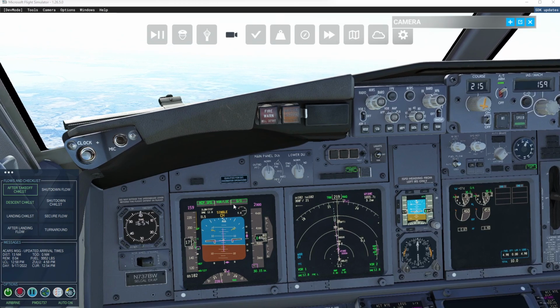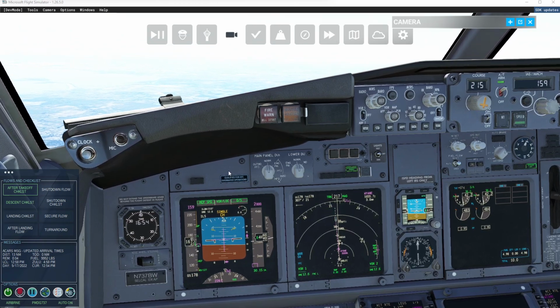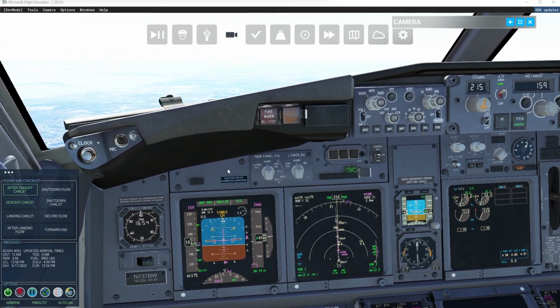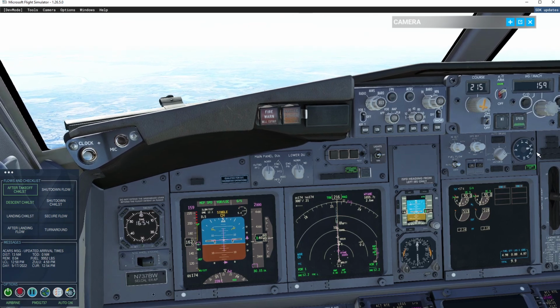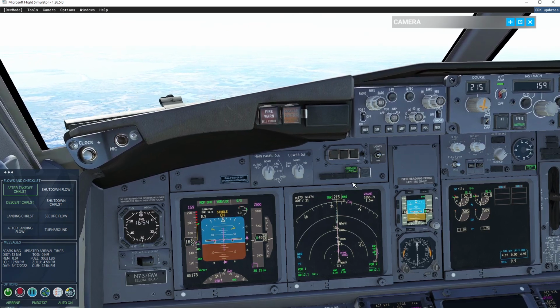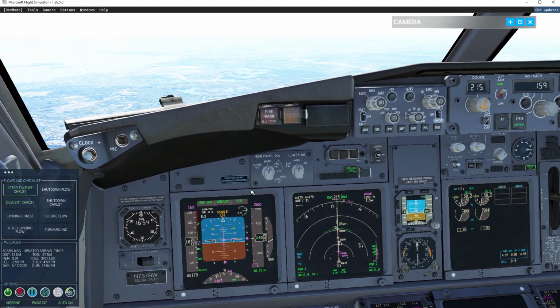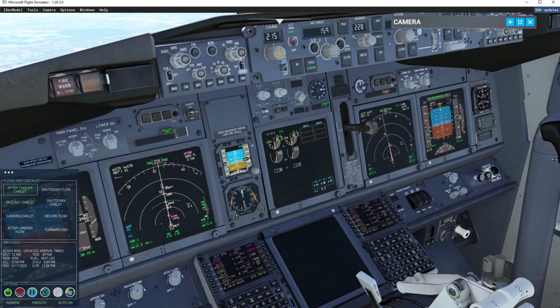And we are now established on the 22 left localizer. Flaps 15. Flaps 10. And the copilot is once again managing the flaps for us, 15. Again, if you don't want him to manage it on approach, you can just go back to that advanced option we talked about earlier, and